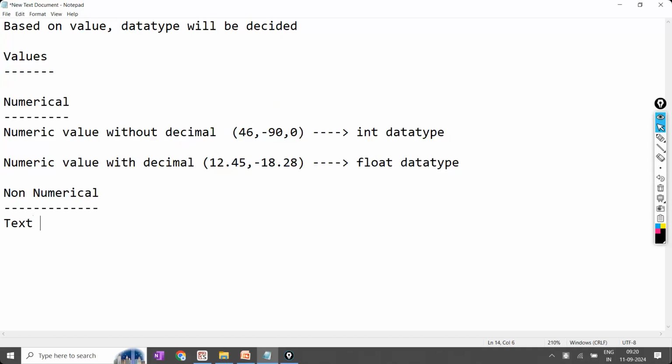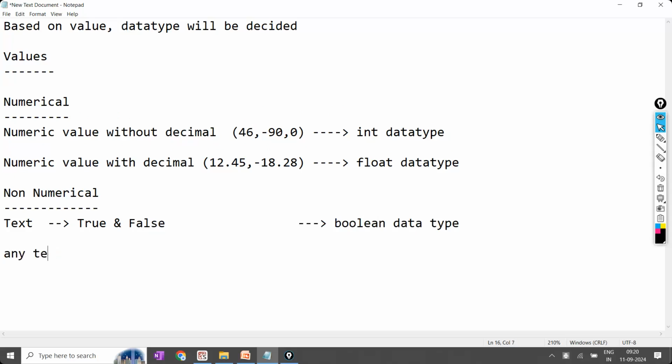Within the text characters, the first one is True and False, with capital first letters. Only these two come under the Boolean data type. Other than these two, any text comes under